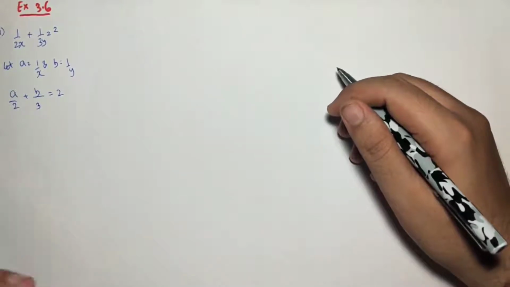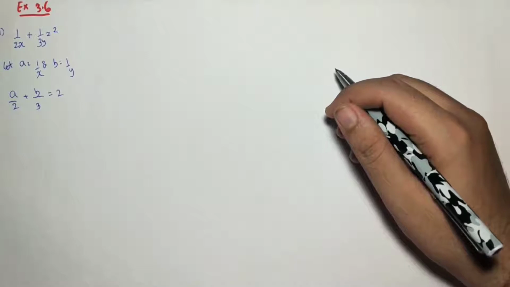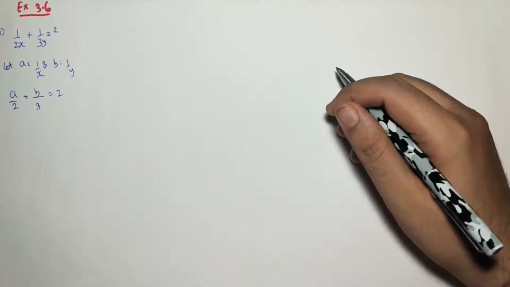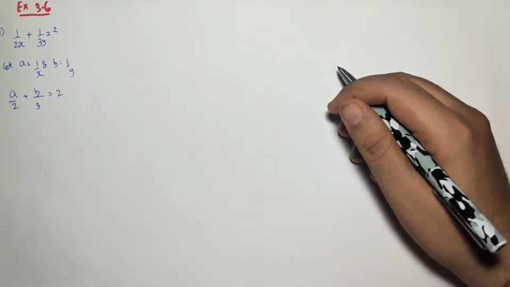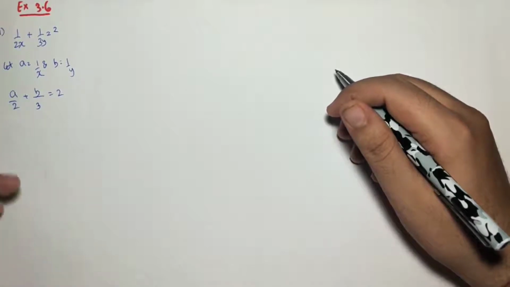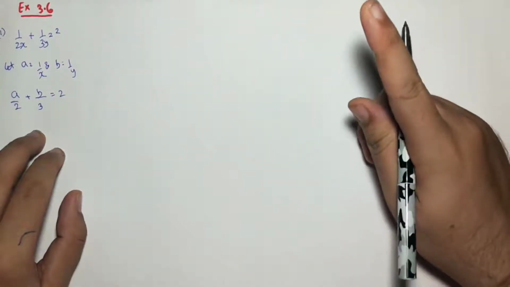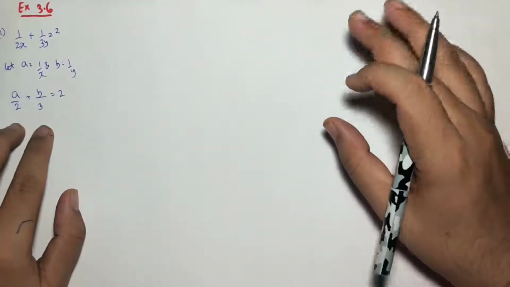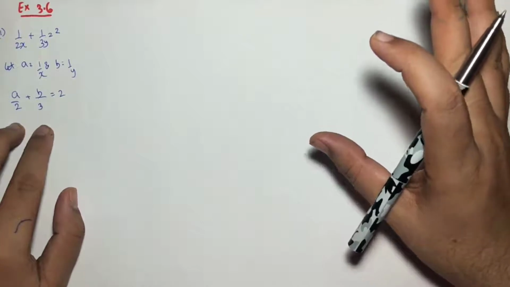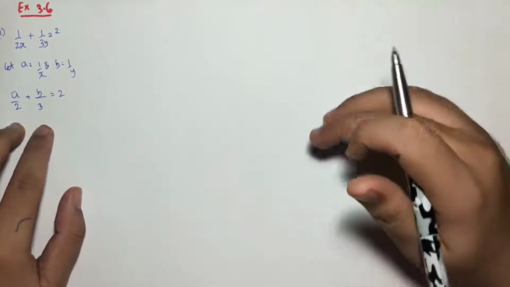Now why are we doing this, why are we learning this? Because as we will see in the word problems, such types of equations can also be formed by real life examples in which variables would come in the denominator. If the variables come in the denominator, then what should we do? That is the practice we are doing right now. No doubt we have to find x and y only. This a and b are just temporary variables right now. In the last step we will see how to find x and y.